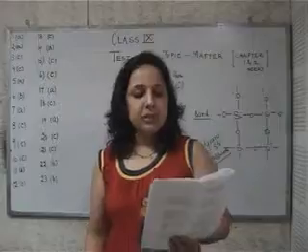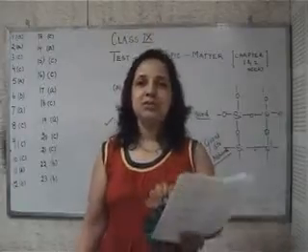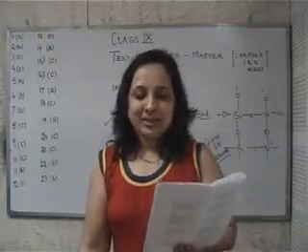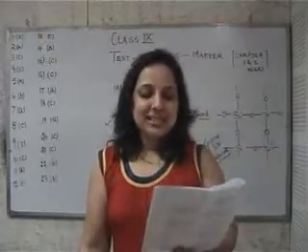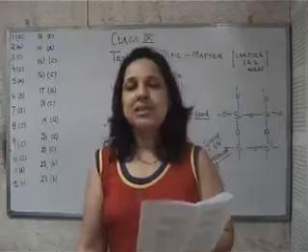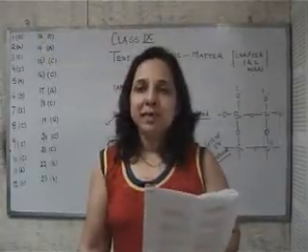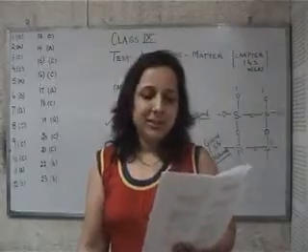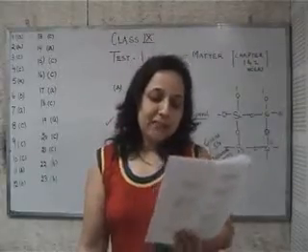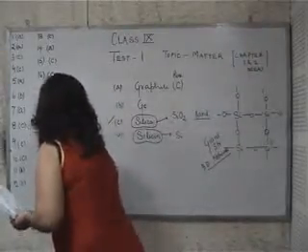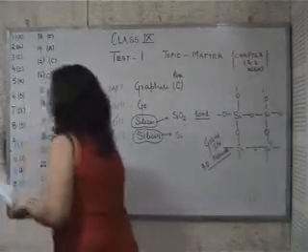D, copper is sonorous, sound producing. For conducting current, the sound producing quality of a metal is not required. The sonorous, sound producing capacity of a metal is used for making bells, not electric wires. The answer is C. 24th, our option is C. Now we have the 25th question.